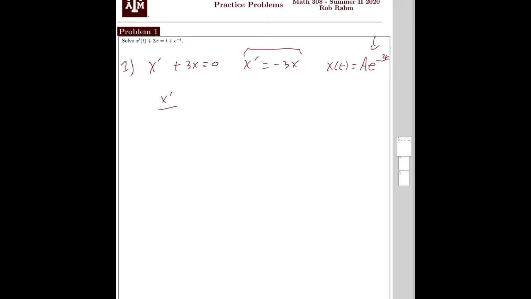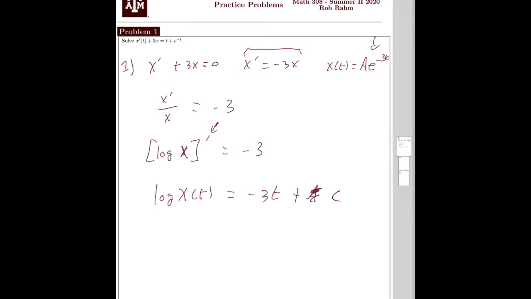But I'm going to rewrite this equation as x prime over x is equal to minus 3. By the chain rule, the left-hand side is the derivative of the natural log of x, and again, it's with respect to t. This is equal to minus 3. And so if I integrate both sides with respect to t, because this derivative is with respect to t, remember t is the independent variable, then this tells me log of x of t is equal to minus 3t plus